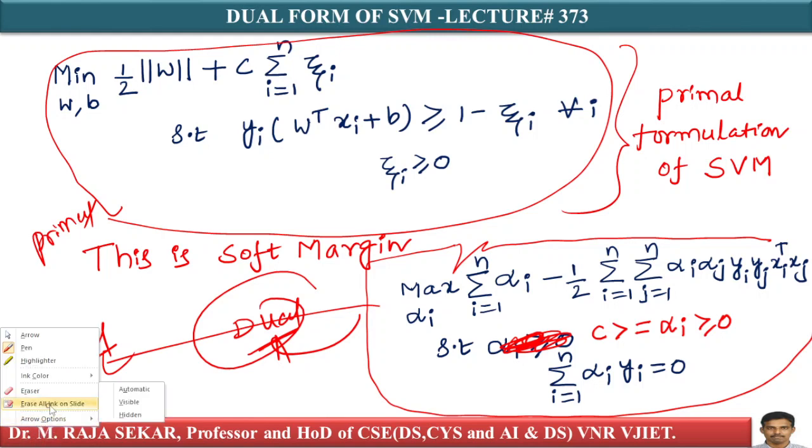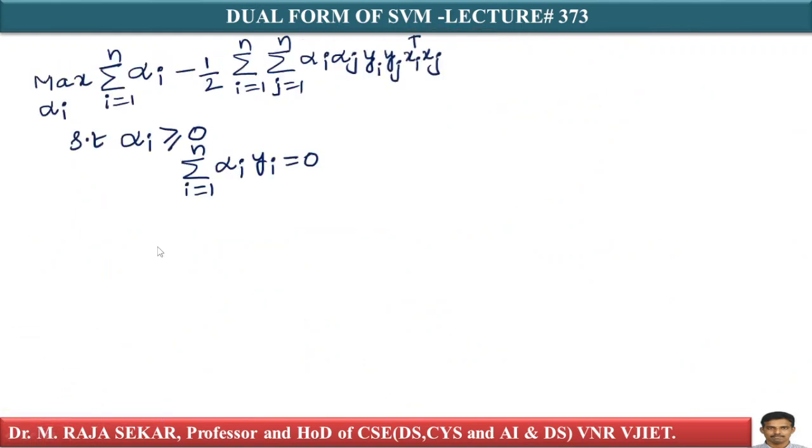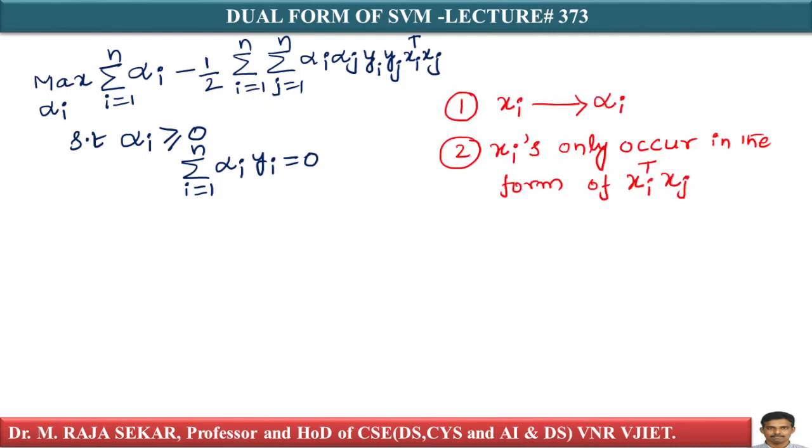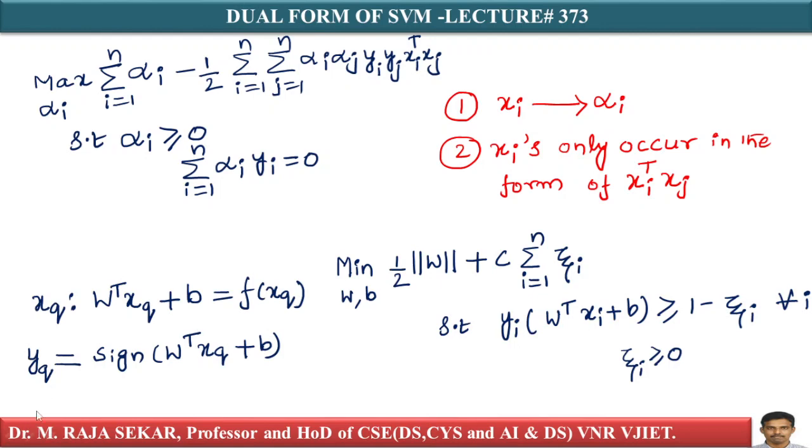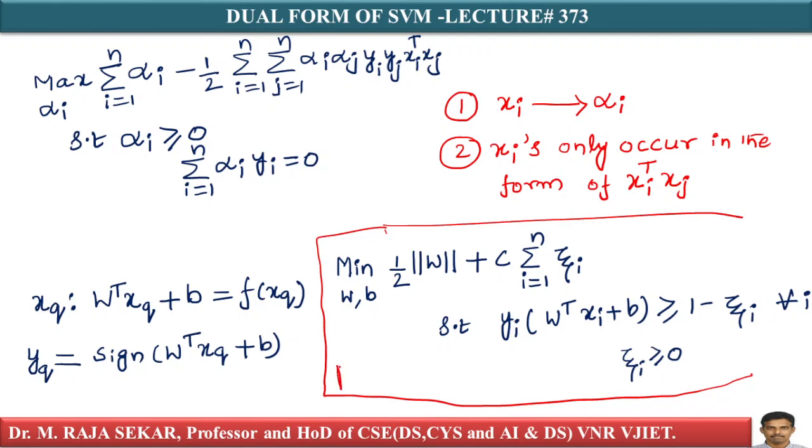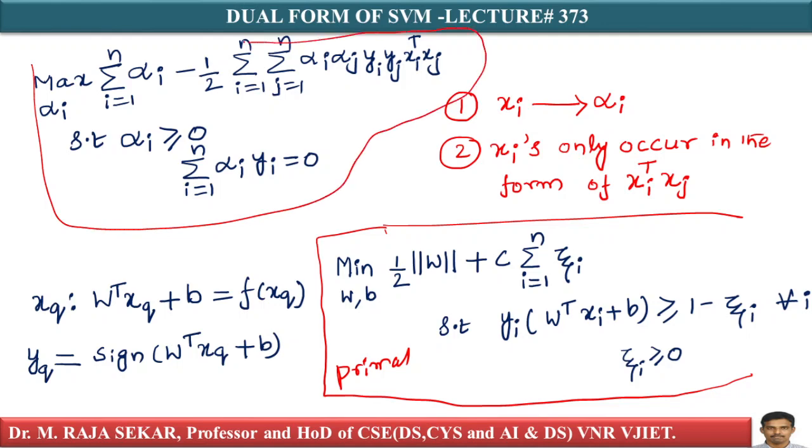If you observe carefully, just see this one. This is maximization of sigma i equal to 1 to n, alpha i minus 1 by 2 into sigma i equal to 1 to n, j equal to 1 to n, alpha i, alpha j, yi, yj, etcetera. This is the dual. If you observe carefully, this is our primal. This is our primal. What about this? This is our